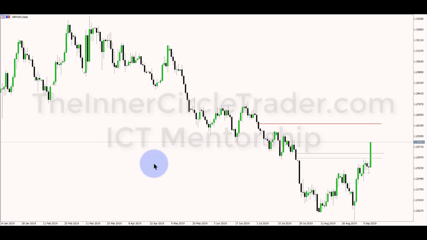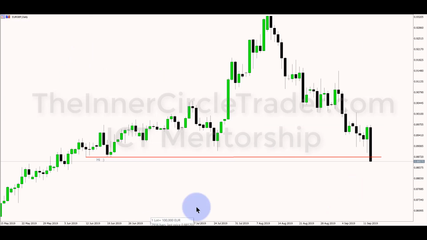The distinction between cable and Eurodollar was found with Euro Pound. I mentioned that we had equal lows here, and then we had equal lows here. And if that's going to be drawing liquidity, that's going to be allowing cable to outperform on the upside on buys, and Eurodollar to be weaker if there's going to be a sell-off. That's how you use this pair. If both of them are going to be bullish, it means that cable will be more bullish.